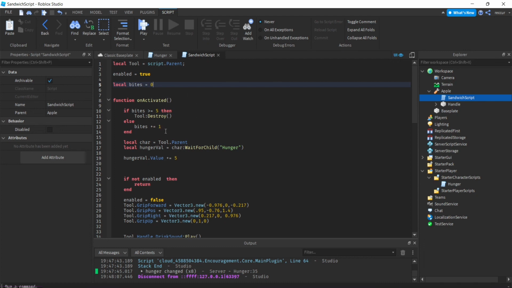then it slowly adds up to 5, and if you get more than 5 bites of the apple, it will destroy itself. That's pretty much it. And then after that, we just add to the hunger value, because obviously you don't want to spam, right? So that's why we added this bites function, and this is really all in the activated function,